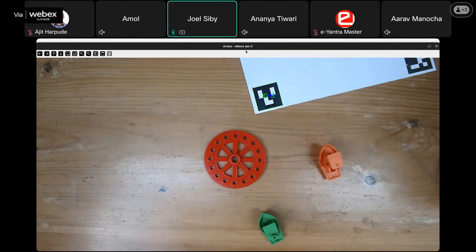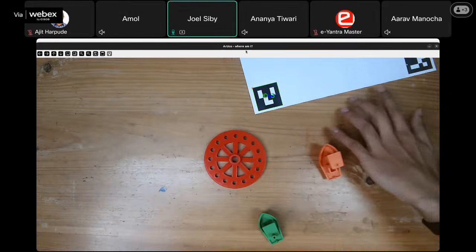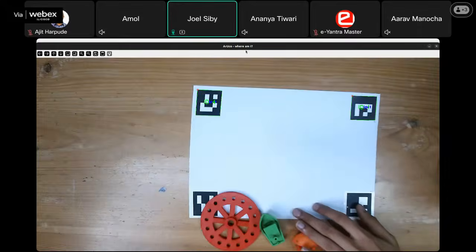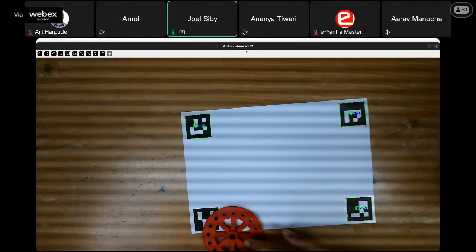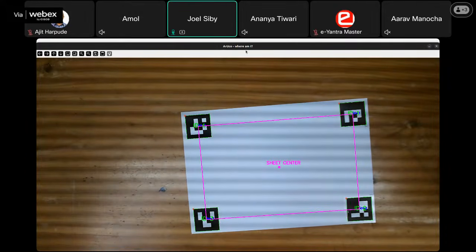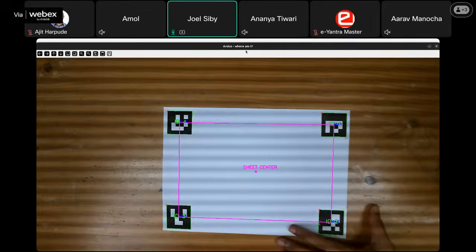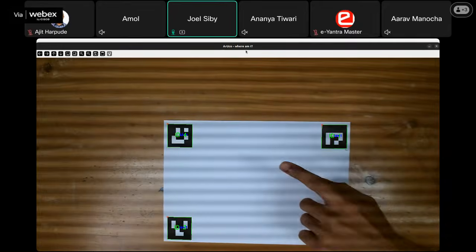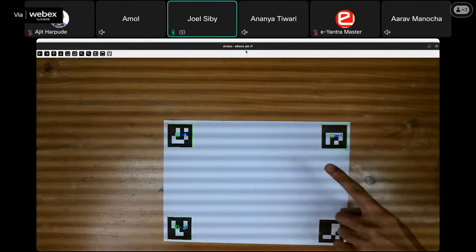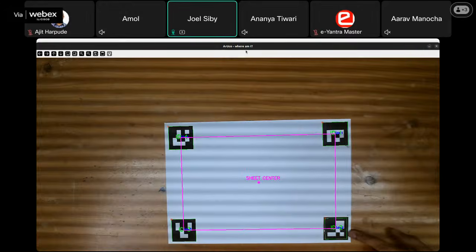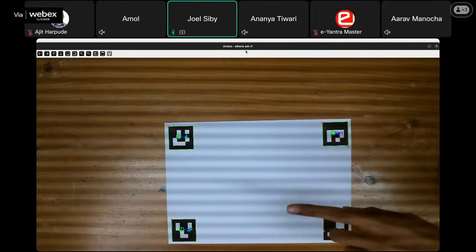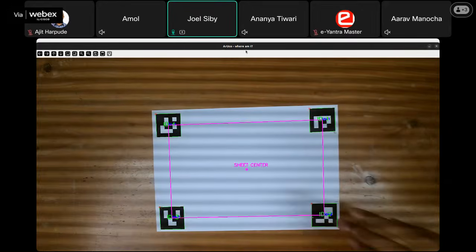So you can see there is ID 3, and then I'll bring, yeah, I brought all the markers. Don't worry about the image, it's because of the brightness. Yeah. So you can see there is ID 1 over here and 2 over here and 3 similarly over there and then 4 over there. So all these together